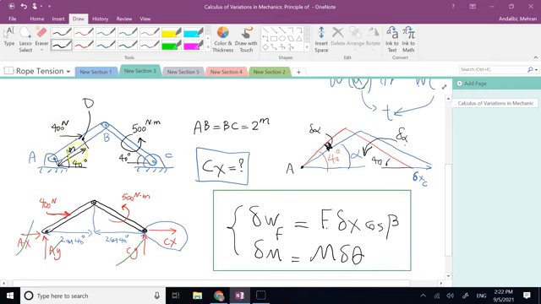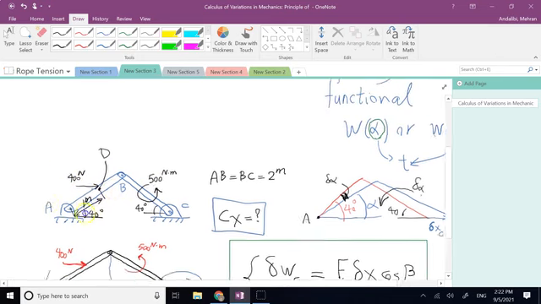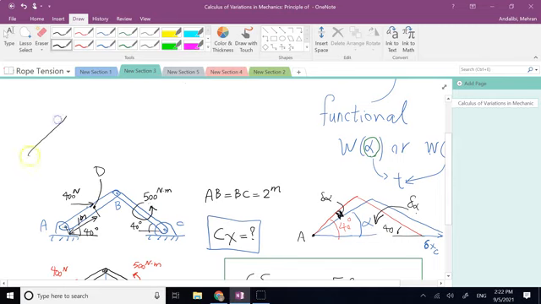It is 1 meter times delta alpha, correct? If you have a circle with a radius of 1 meter and this angle is delta alpha, the length of this arc is r times the change in angle, right? And since this delta alpha is very small, you can consider it to be the same as